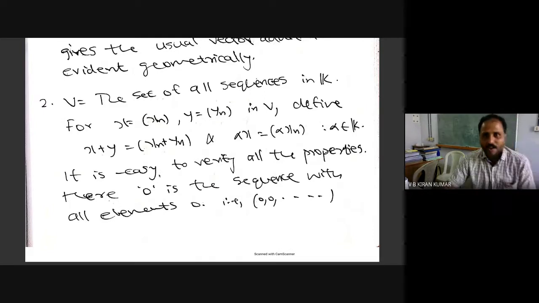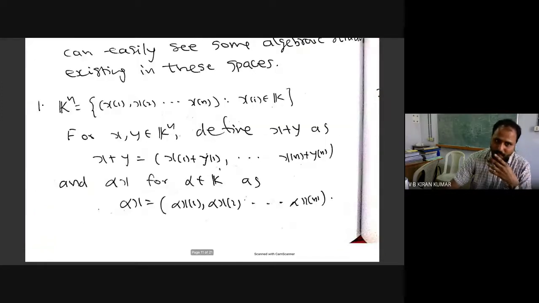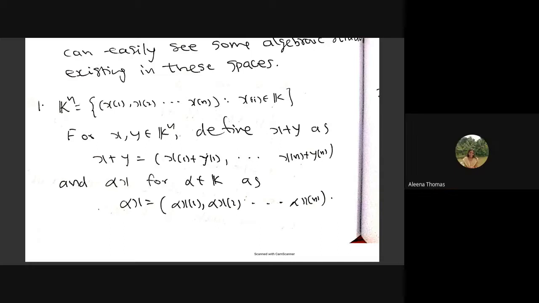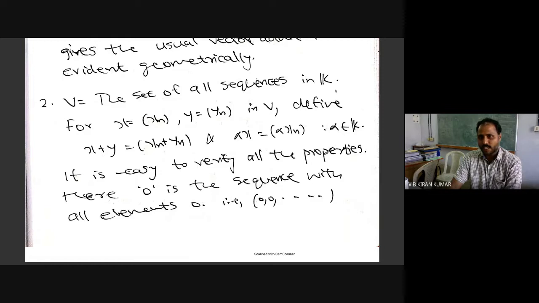So now sequence spaces. In fact, to make a vector space, you don't need any assumption. You can take any arbitrary collection of sequences in K, and you can define a vector space in a similar way. Now, one very important thing, there is a zero in the vector space, right? What is the zero in Kn? Zero tuple. All elements are zeros. So here, this is the set of all sequences in K. What would be the zero vector here? Constant zero sequence.